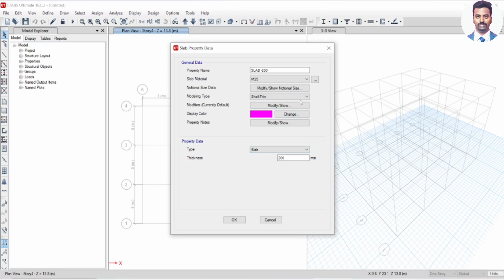And since we are not including the self weight, what you can do is, instead of shell thin, assume it as membrane. Membrane means it is a fabric. It will be considered as a fabric. Slab parameter is not being considered in dynamic analysis. Hence, we are providing the slab as membrane. So